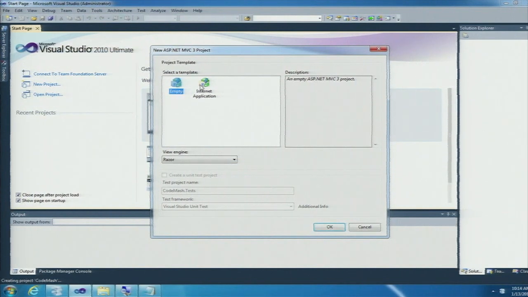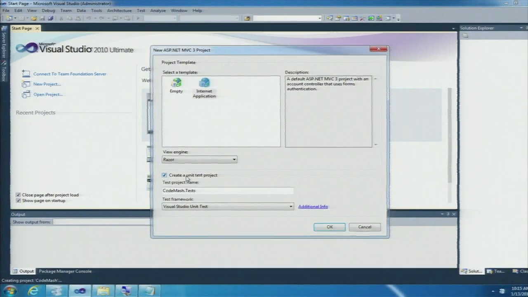So we have our open dialog here. We have Internet application. When we're going to select a Razor view engine, notice that we have a drop-down. We've got the traditional ASPX view engine here as well, but we're going to choose the Razor one. You can also add your own flavor of view engine. So if you like Spark, for example, or Haml, then you can add that too. You can also create a unit test project as before and put in your own testing framework. So if you like NUnit, xUnit, it's completely extensible, as you'd expect.